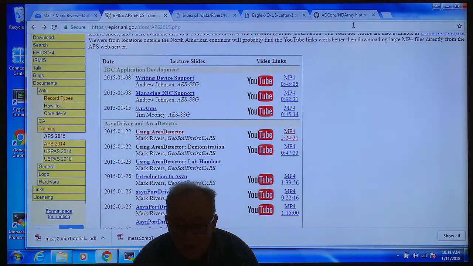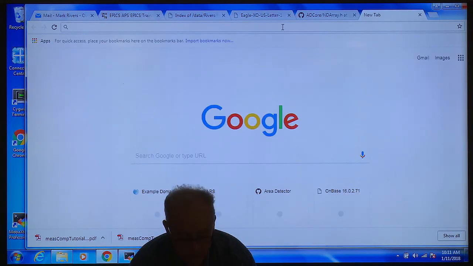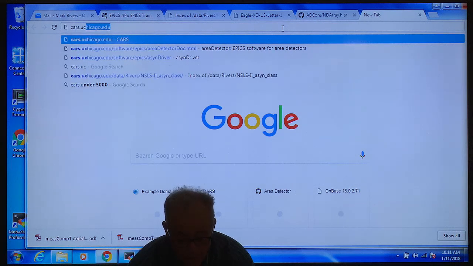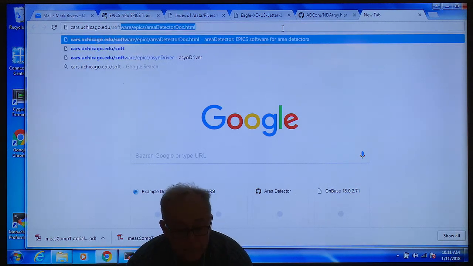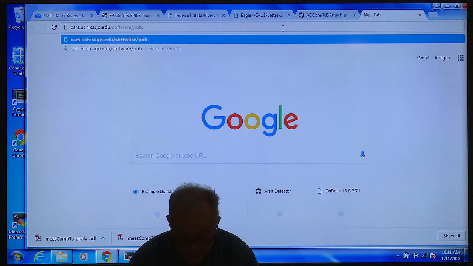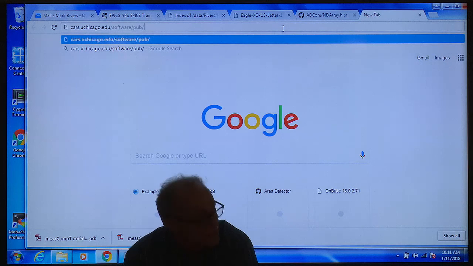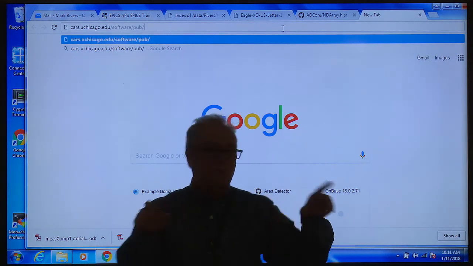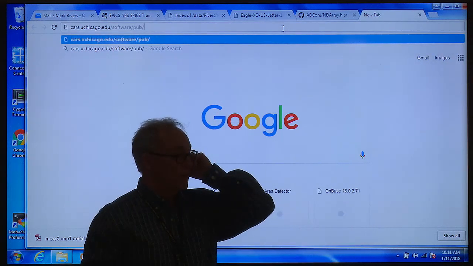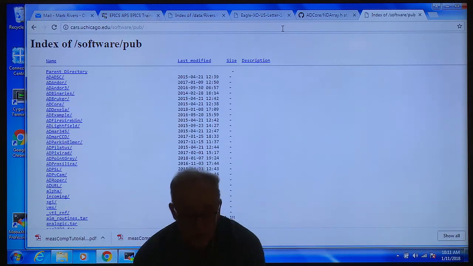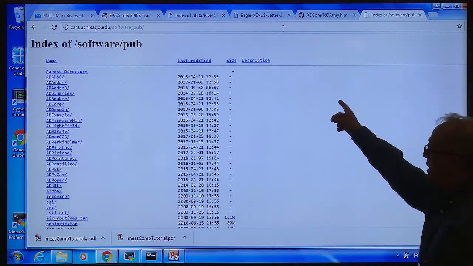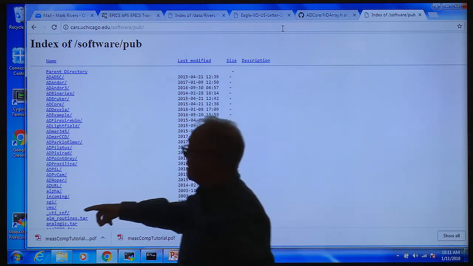Are these binaries for the latest version with EPICS 4 or with an NTO? Yes, and in fact, the Dexila that we were running yesterday afternoon, right? That was a pre-built binary. Right, and so if you go to cars.uchicago.edu/software/pub, you'll see